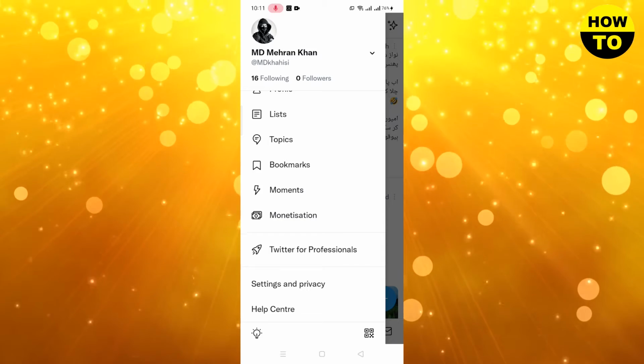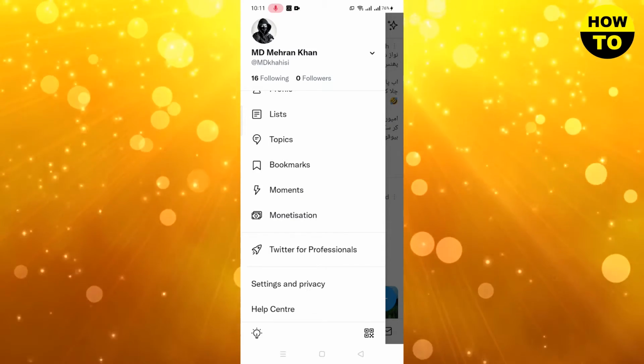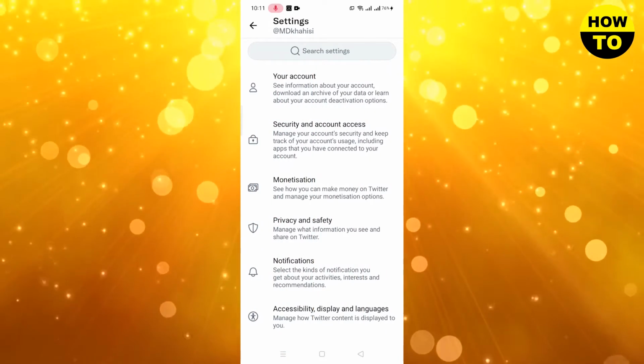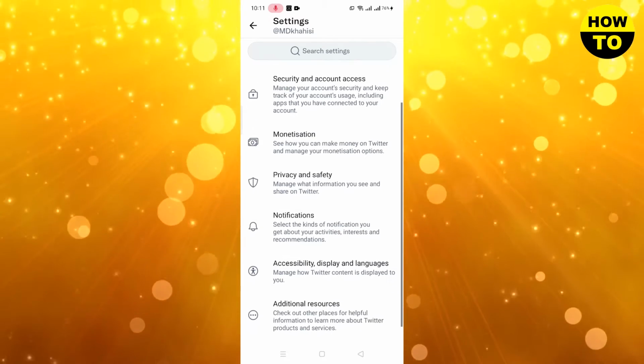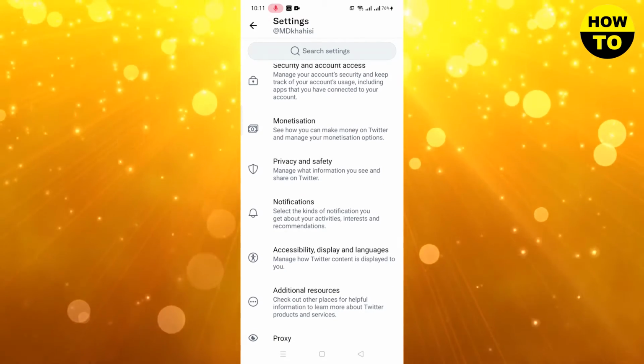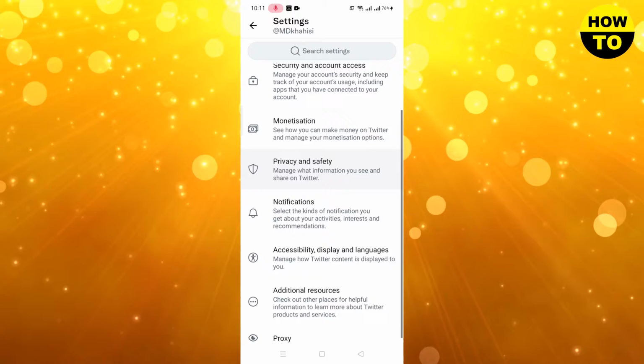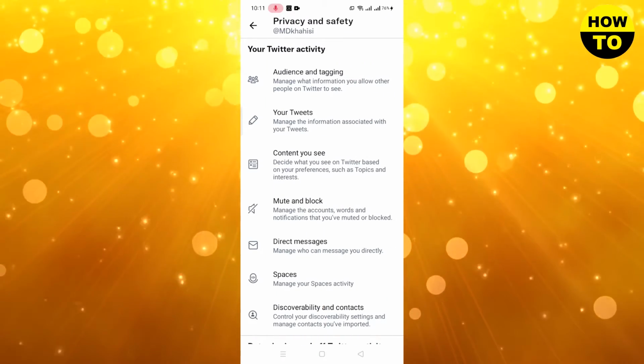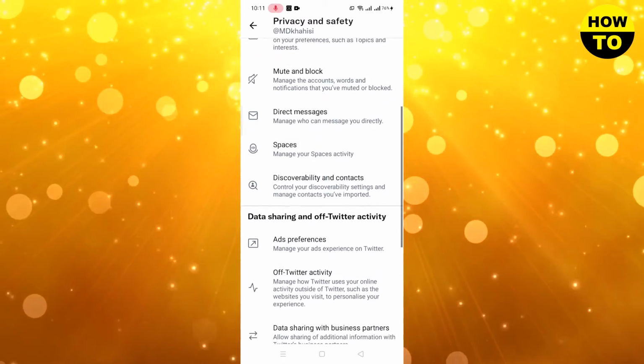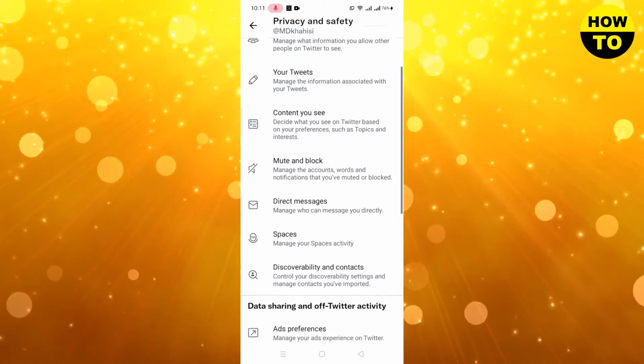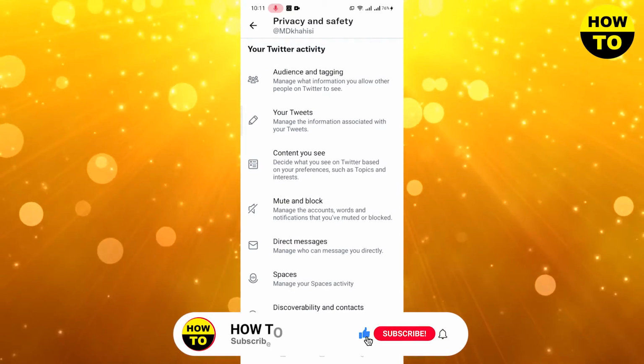So what we need to do is simply click on Settings and privacy. When you open this, here you can find the option Privacy and safety. Now simply click on Privacy and safety. Here you can see there are multiple options, but what we need to do is just click on Audience